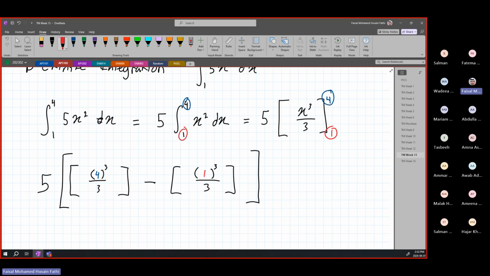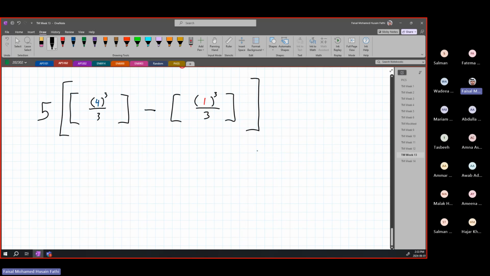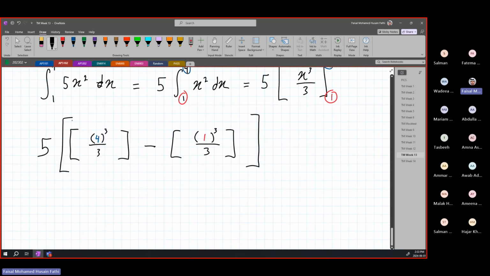And then now you notice you can solve this equation with just a calculator. You can plug it into the calculator. Just make sure your brackets are correct or anything. And you will find an actual number for your answer.